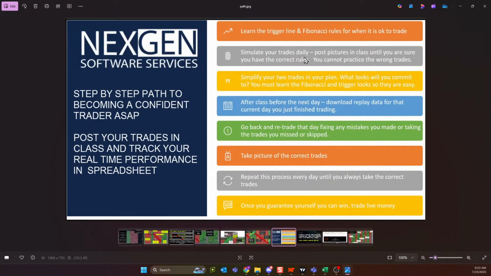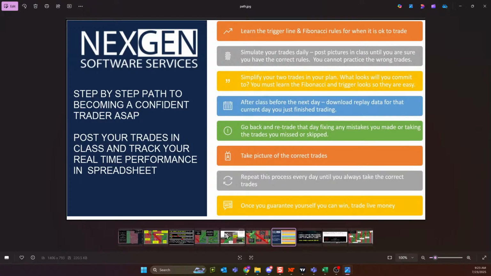Everyone in the room has the ability to simulate. And the first step in becoming a confident trader, ASAP, is to post in my room. There are 21 of you in here, guys, and you're never going to meet anybody in this room outside of this room. So don't worry. If you post a loser, there's great lessons. If you post a winner, huzzah, way to do it.